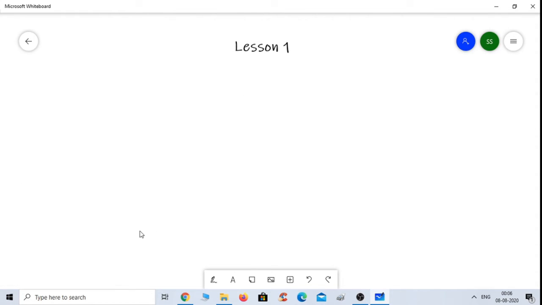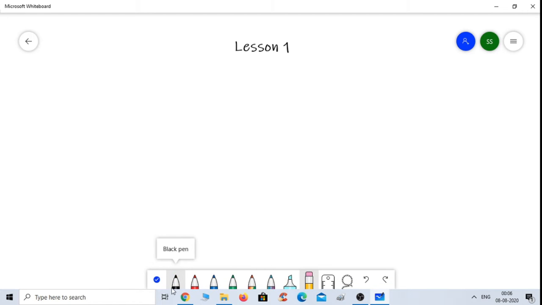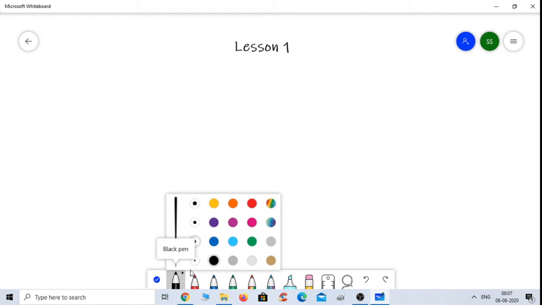Now I want to draw some shapes here. So for this, the very first tool is switch to inking mode. Just click on this. Okay, it provides me a wide range of pens like black, blue, green, one of my favorite, Rainbow pen, Galaxy pen, highlighter, eraser, ruler, and so on. So let's click on this black pen. Okay, as I click on this black pen, a dot appears like this. Okay, so just click on this dot. You can adjust its point, or you can use any other color also.